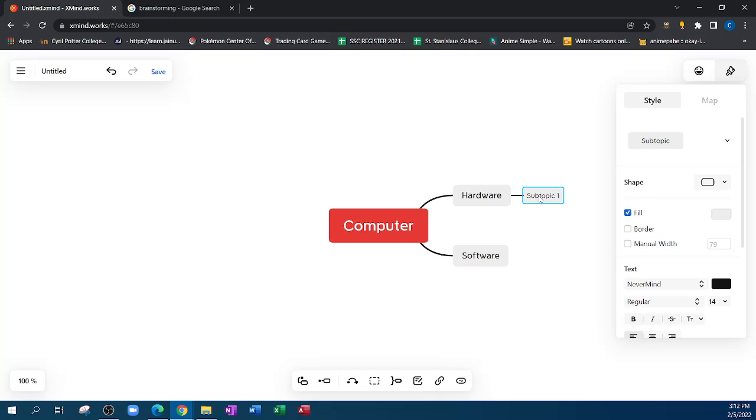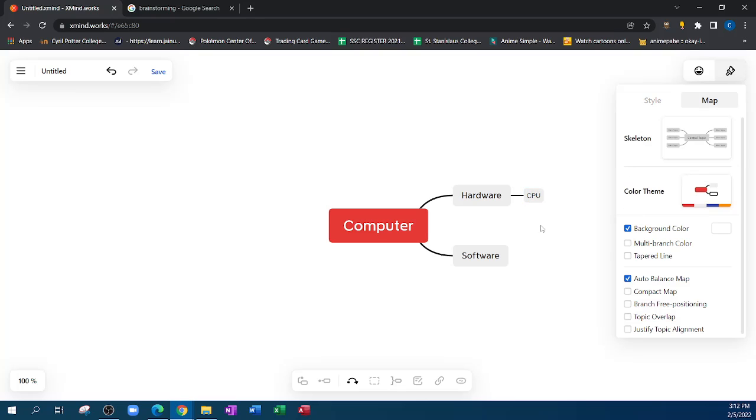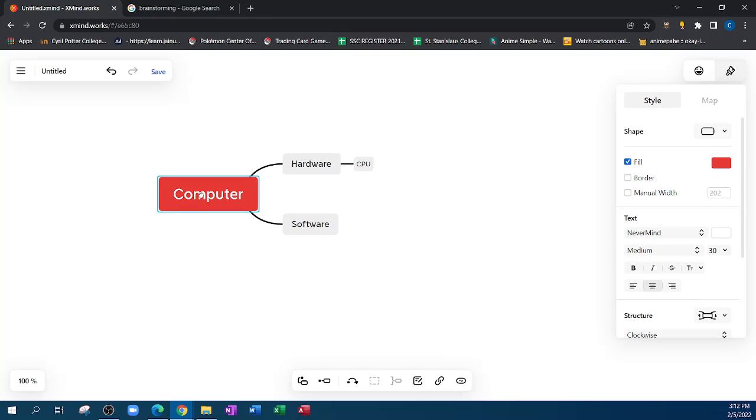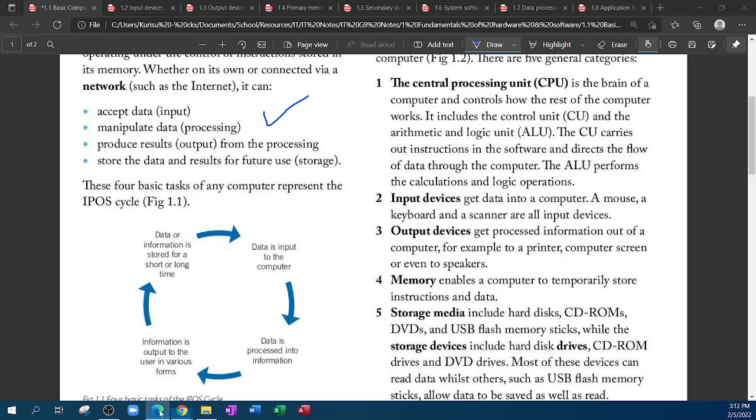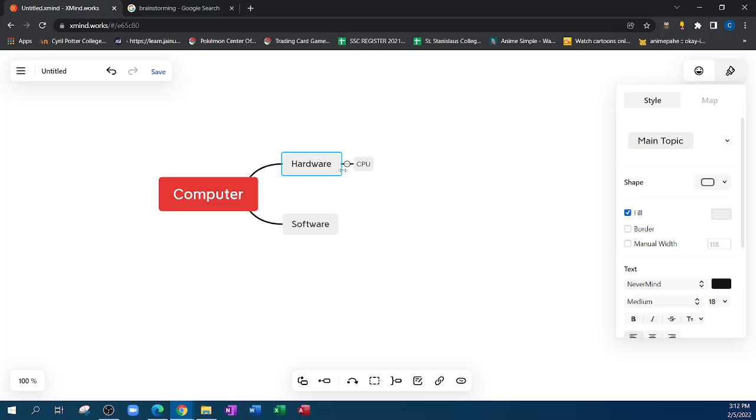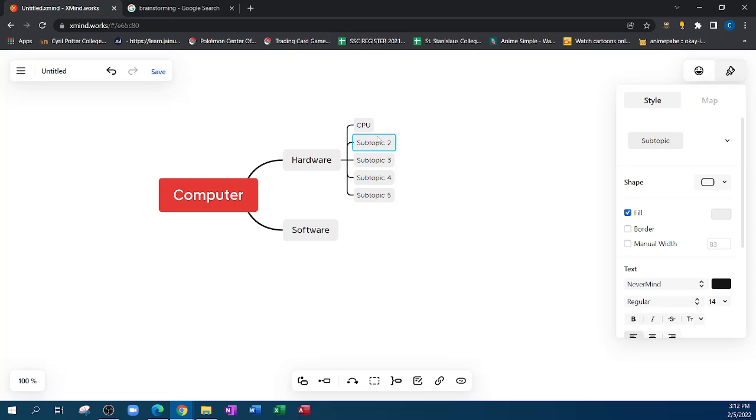Software. So under hardware, we have CPU. What else? We have input device, output device, memory, and storage. So I'm going to need a few more subtopics. Subtopic, subtopic, and subtopic. So this is going to be